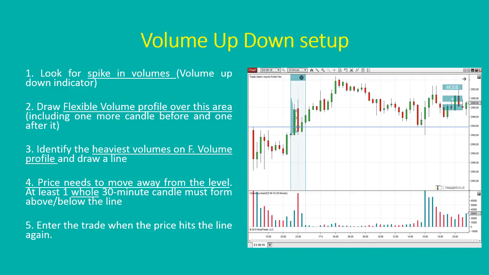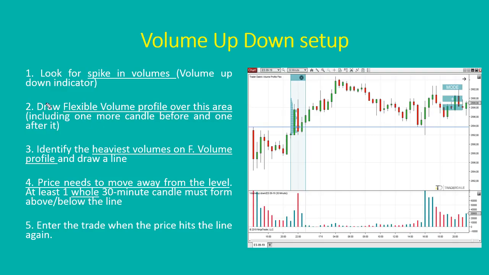So, you look for a spike in volumes. In this case, the spike is in here. This is the spike in volumes. If you compare the volumes to other ones, for example to those volumes or to those volumes, then you can tell that this is a volume spike. Unusually heavy volumes compared to the volumes around. Alright, so when you see something like this, volume bars heavier than other volume bars,